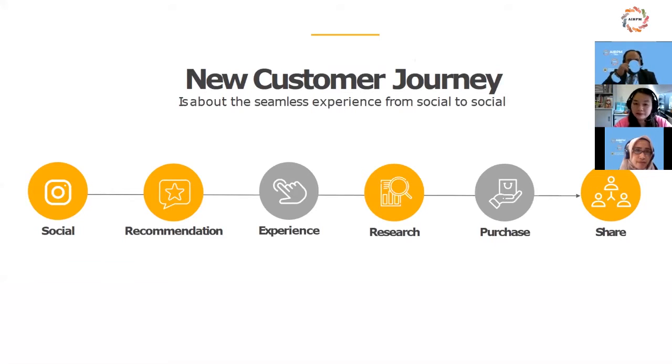So on this page you can see that nowadays there is a new customer journey. It's about the seamless experience from social to social. From social media like YouTube, Facebook, and also IG, the users like to recommend their experience, share their happy experience, or criticize the brand on the forum nowadays, right?